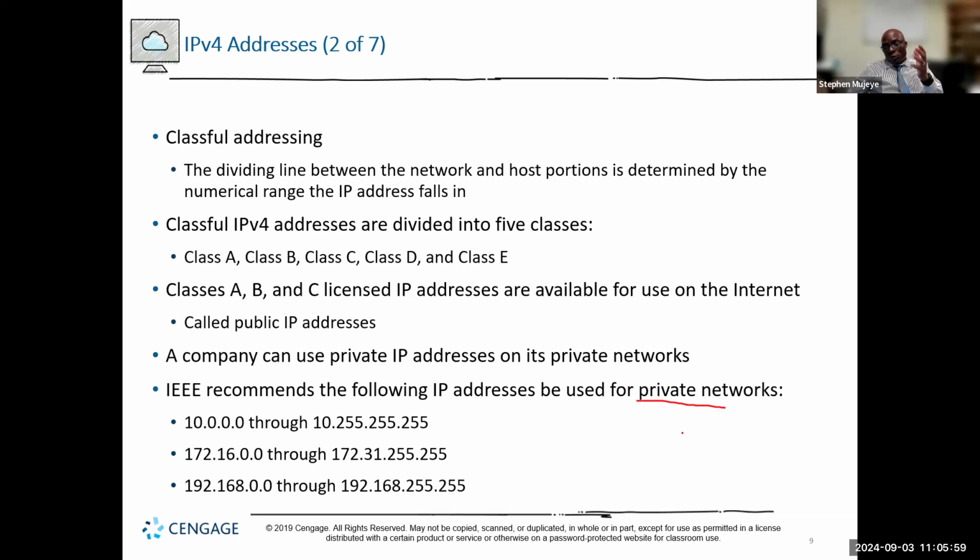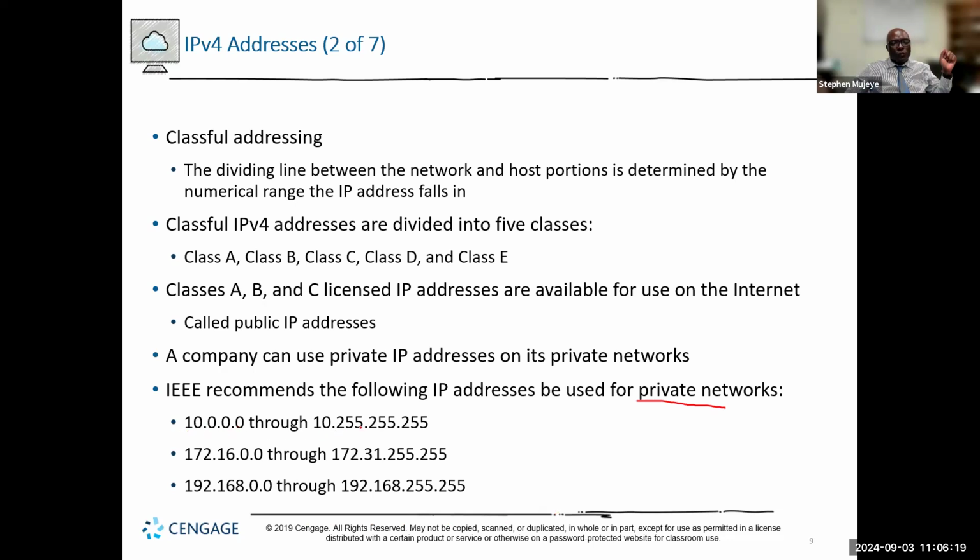And private networks are those networks that are not going to have internet presence. So if all the communications you're going to have are within your private network, not going to the internet, you can use any of these IP addresses,